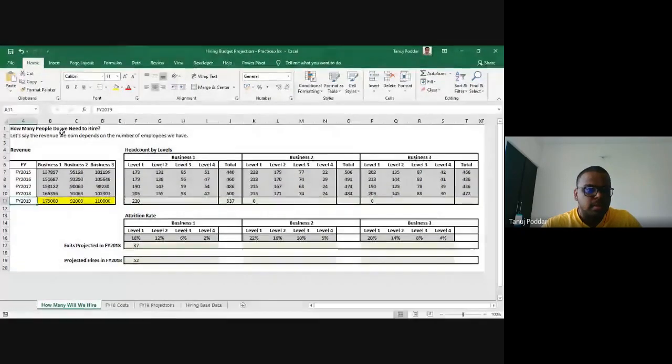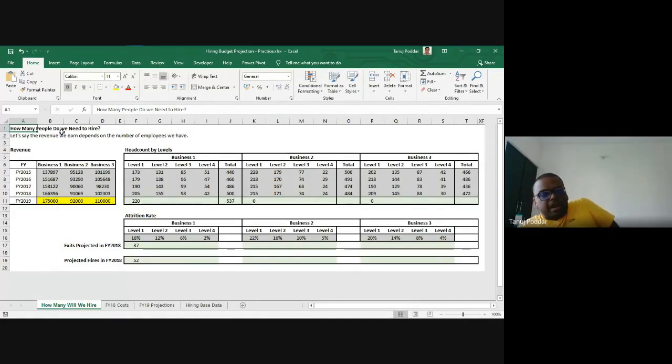Okay. So the first thing that we will try to do is calculate the number of people that we want to hire. The assumption that we are taking here is that the revenue that we earn